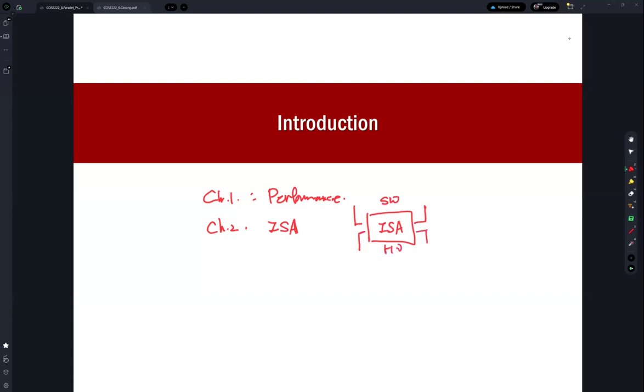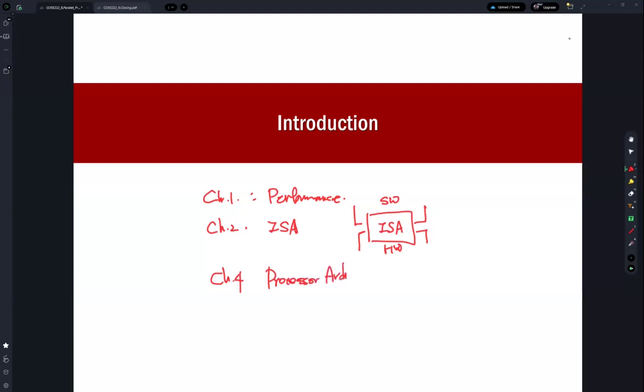In software, programmers write high-level language code, and this code is translated into machine instructions, right? And then in the instruction set architecture, we define the output result of instructions. Then we can design the hardware based on the instruction set architecture. And then in chapter 4, we learned about the processor architecture,